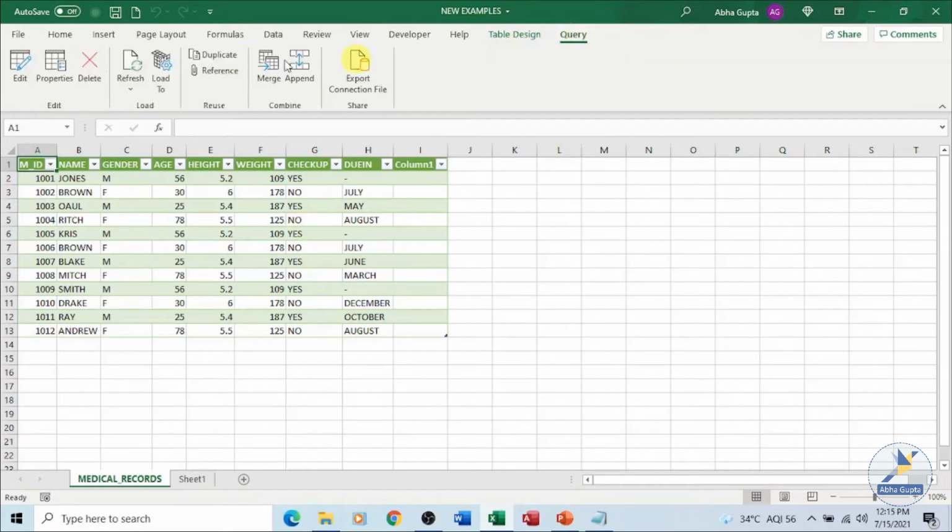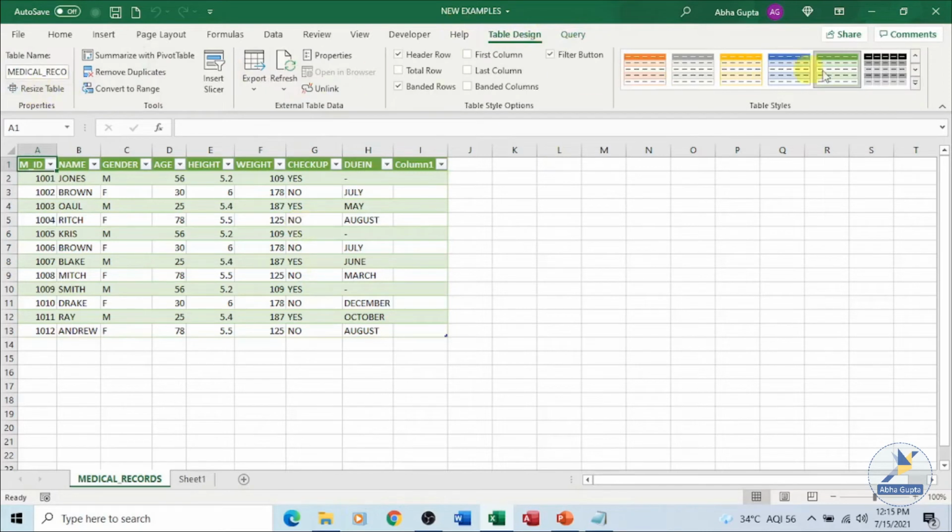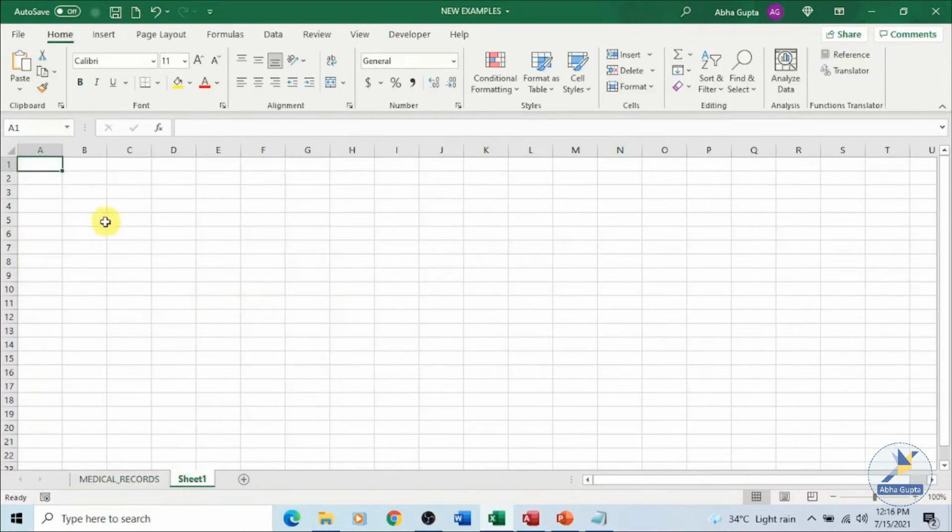Now, once we insert the data on our Excel sheet, you get the table design and the query option. You can always perform the query from here. We have the table design. You can change the appearance of the table from here. Anything of your choice can be done. If you want, you can remove the filter button. That is up to you. You have all these options of working around with the data which you have fetched from the notepad in your Excel sheet. The next thing which we will talk about is importing.